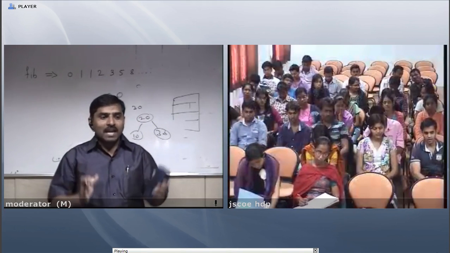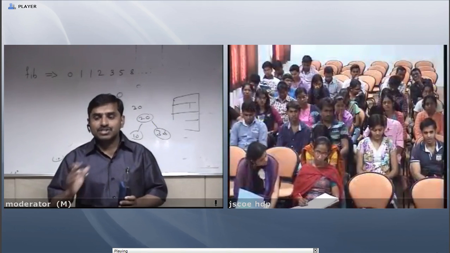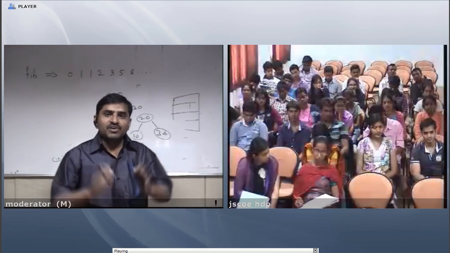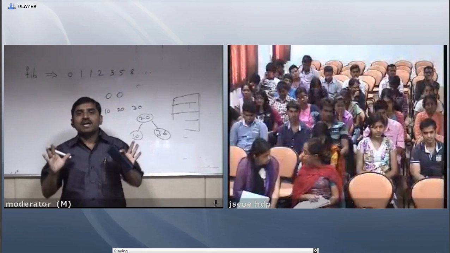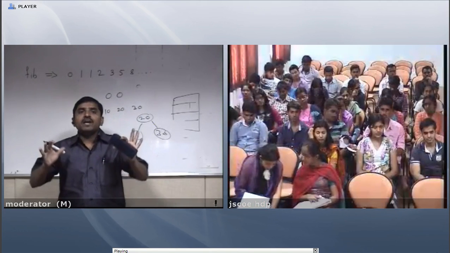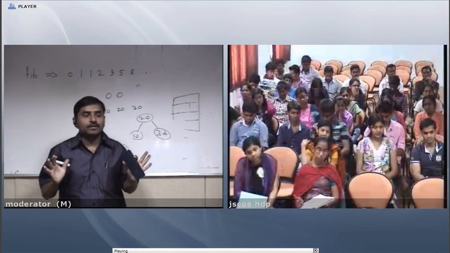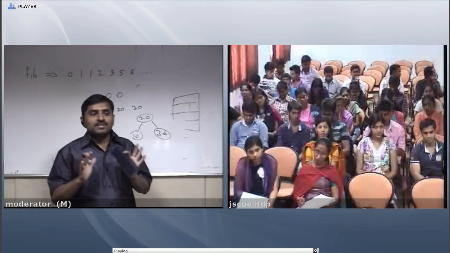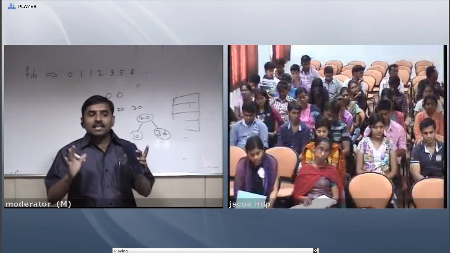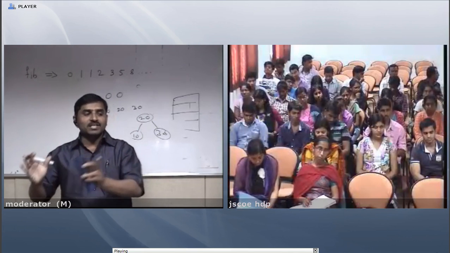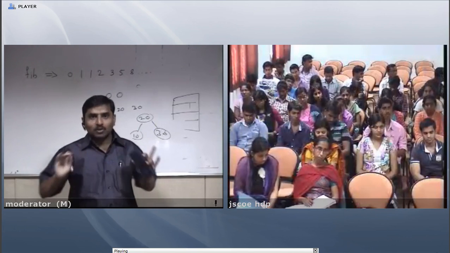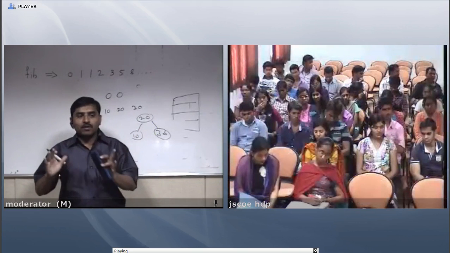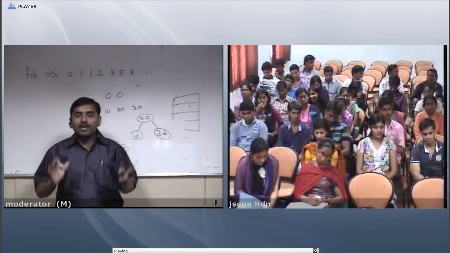Now we see dynamic programming using the 0-1 knapsack. First, let us clear what the knapsack problem is and where we use it. We can define the knapsack problem as filling the knapsack with objects of maximum value. This is the bottom line of the knapsack problem: filling the knapsack with objects of maximum value.